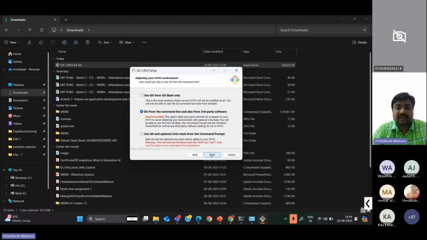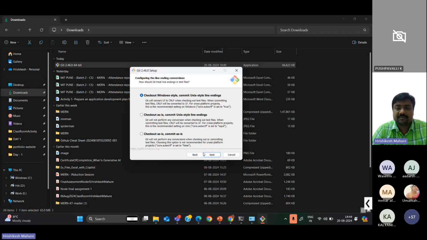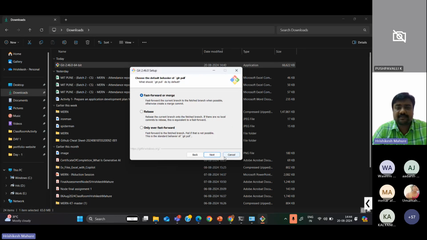And just click on the next. Or you can say, okay, from the command and also from third party software. Yes, I want to use the third party software as well. So now just click on the next and use the OpenSSH. Okay, just click on the next, click on the next, use 3TY, click on the next, next, next, next, and